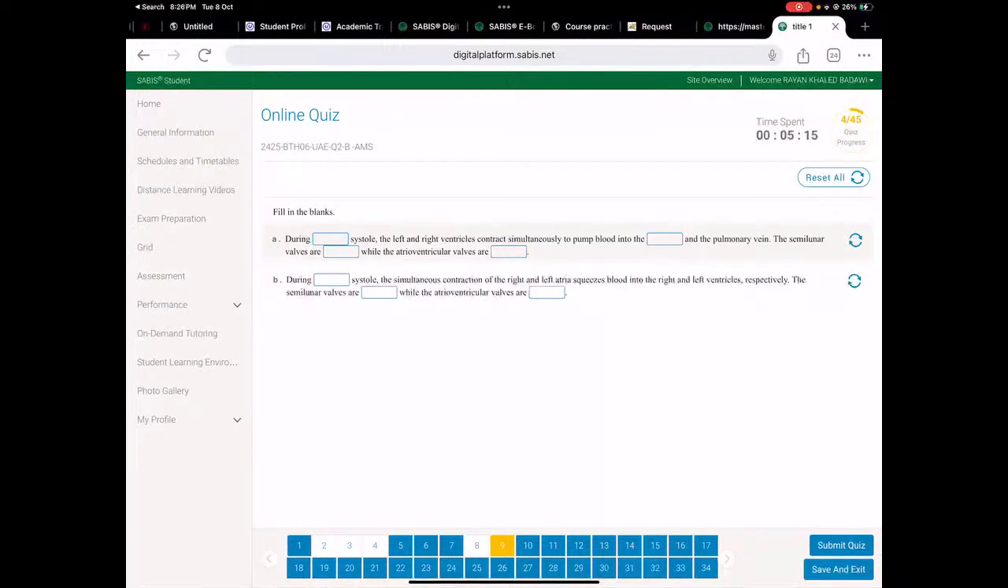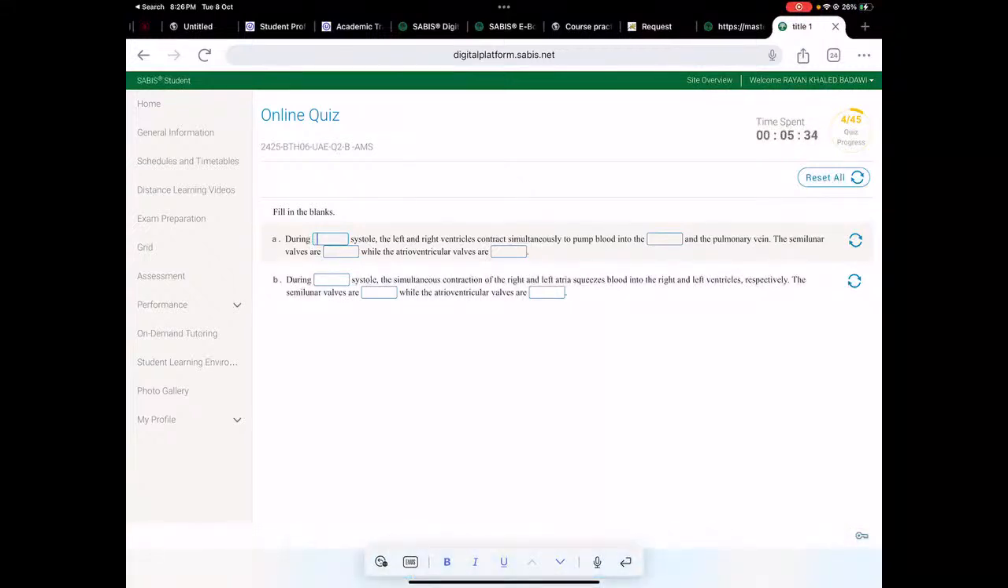Okay, you guys want me to do this also? Remember, just know that diastole is relaxation, systole is contraction. If I say ventricular, okay, let me do it. So how am I gonna know if it's atrial systole or ventricular systole? I look at the question. Left and right ventricles contract, so it's going to be ventricular. Okay, systole. They pump blood into the